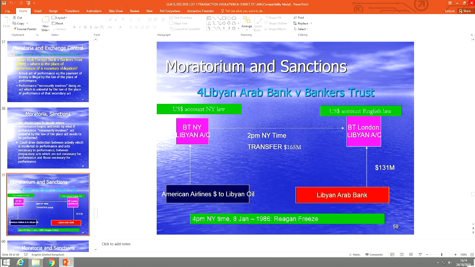Now the English courts, sorry, I forgot to mention one more thing. That account was controlled by English law; that one was controlled by New York law. So what the court had to decide was, was the Reagan decree effective? The US governmental decree, the sanctions imposed, effective? Well, what the court said was, it's effective as far as English law is concerned, insofar as the account is controlled by New York law. New York law, Reagan decree, effective. But in relation to this account,